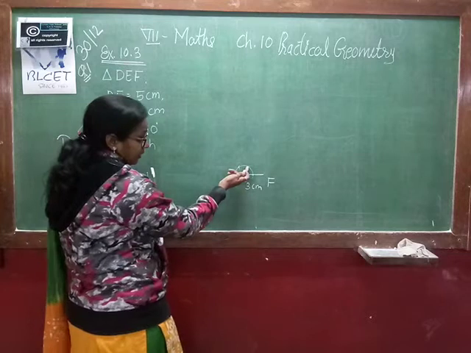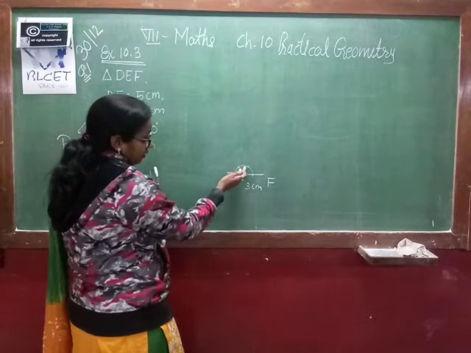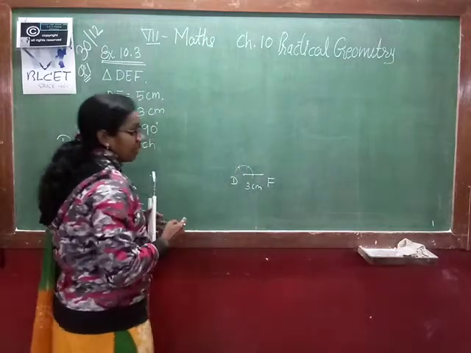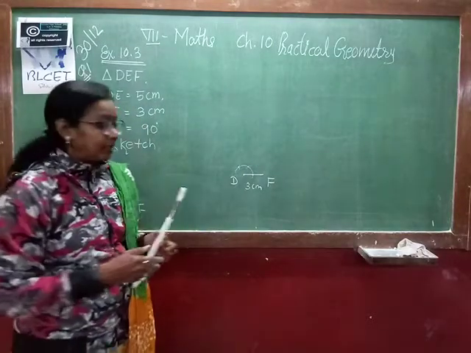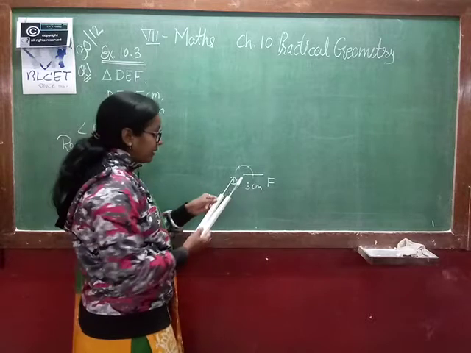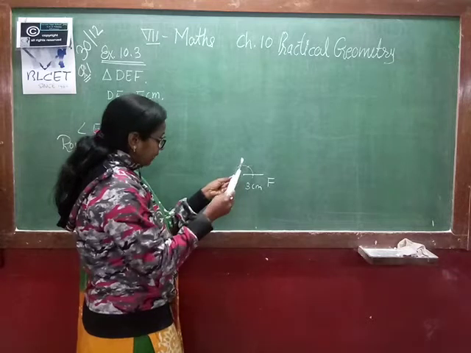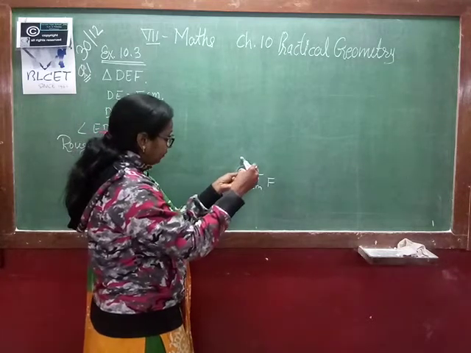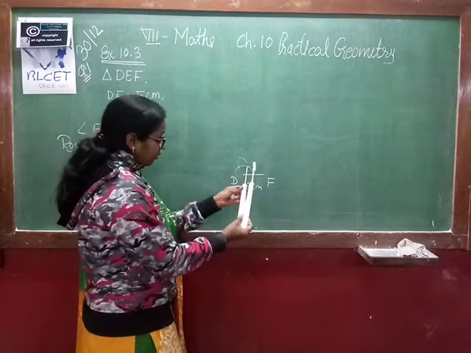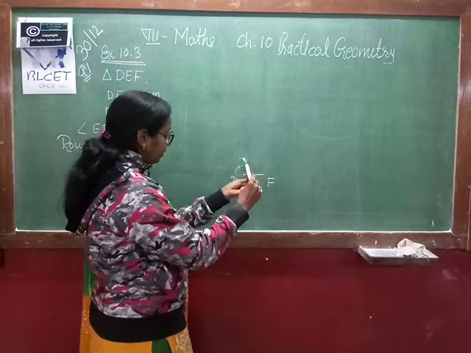So the first 60 remains as it is, and we have to bisect these two arcs, the full arc. The second 60 degrees we will bisect so that we get 30 degrees. Do not change the measurement. Throughout you have to keep your radius as it is. Now keep your pointer over here and draw an arc above. Same measurement, keep your pointer now over here and draw an arc.